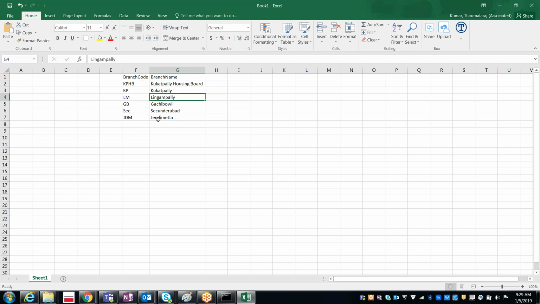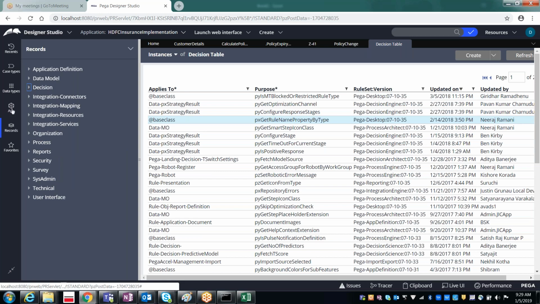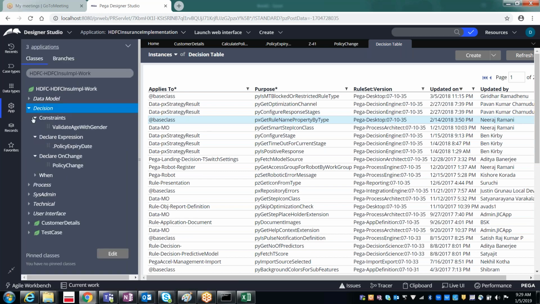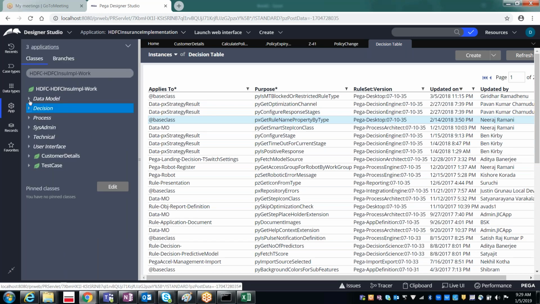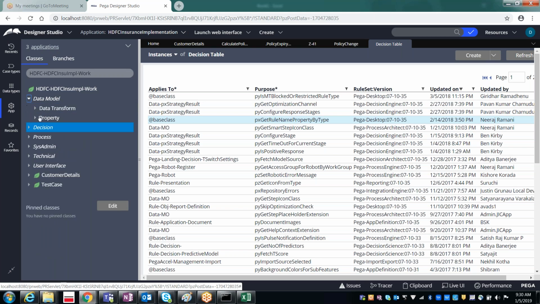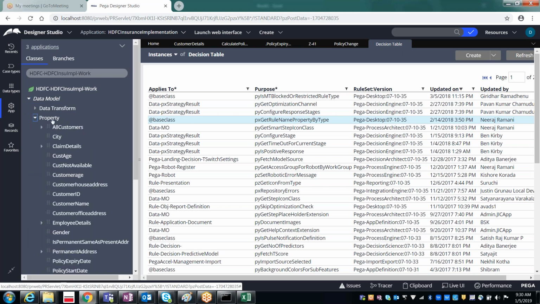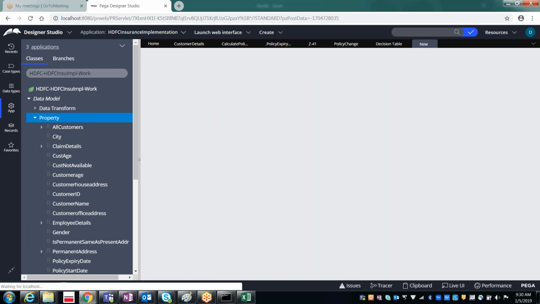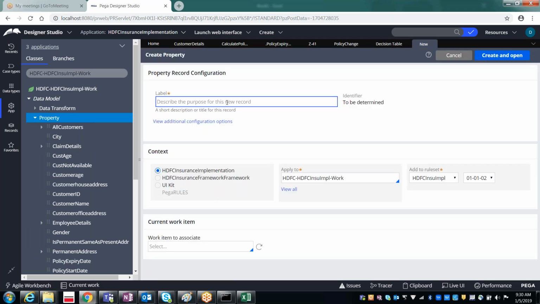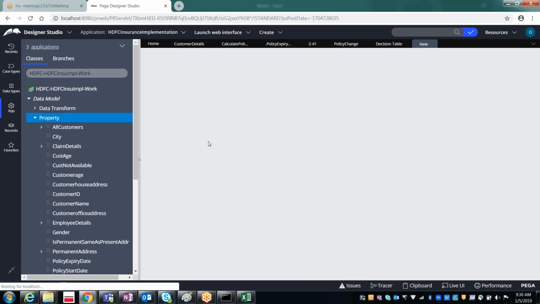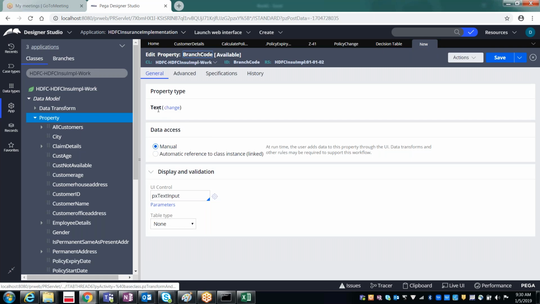So how can we do this? For this, first I want to have two properties. Go to the data model, property, and then create branch code. Should this be of type integer or text?